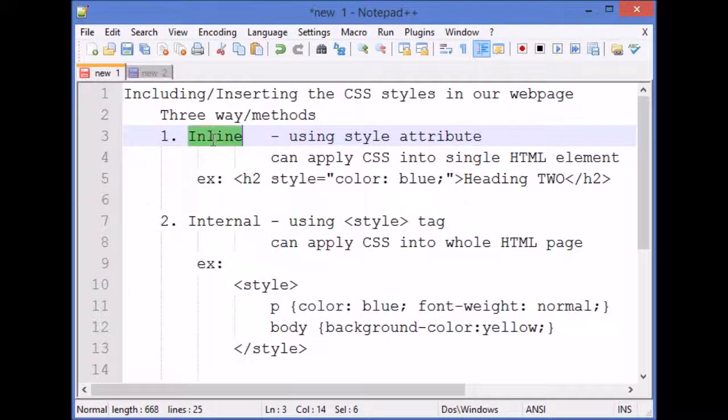Okay. So the inline method is basically used by using the style attribute, right? You may have remembered, if you have seen my HTML videos, we were seeing that there are some common attributes of HTML tags, and one of those common attributes is the style attribute, right? So using this style attribute we can apply the CSS style to any HTML element, and that method is called